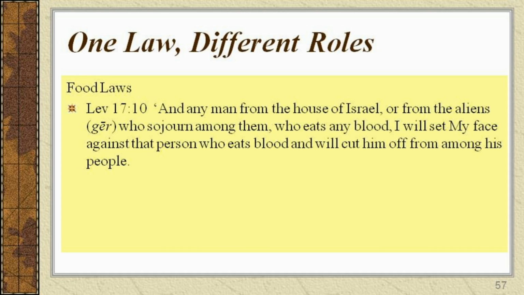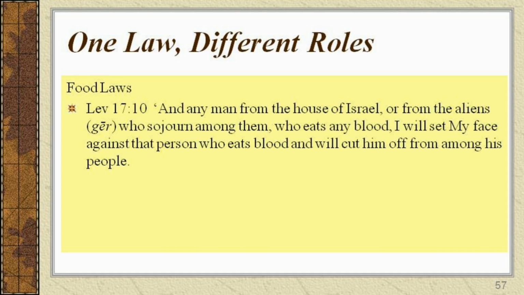In part 2 we learned that God gave Noah and his sons this commandment against eating blood. Here in the law of Moses, God repeats the same commandment for both Israelites and resident aliens, showing that this is a general law for all mankind. This is another example of continuity from one era to another.